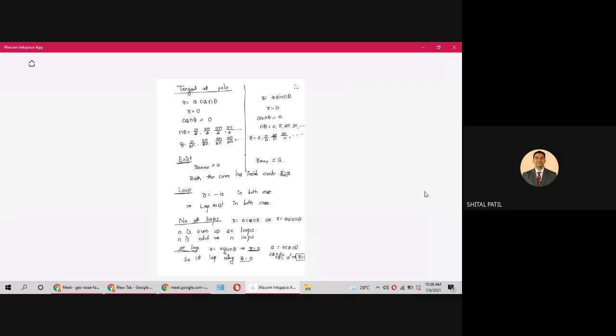We will understand tomorrow why it is theta equal to 0, and the same thing for R equal to A sin n theta. We have to understand that, and then we will study it. Then we'll try to trace the curve, the rose curve, whether it is cos n theta or sin n theta. And the second last part of curve tracing will be the curve in parametric form, and then we study rectification. So 2 parts are remaining, 2 lectures are required. Then we'll go through the MCQs.